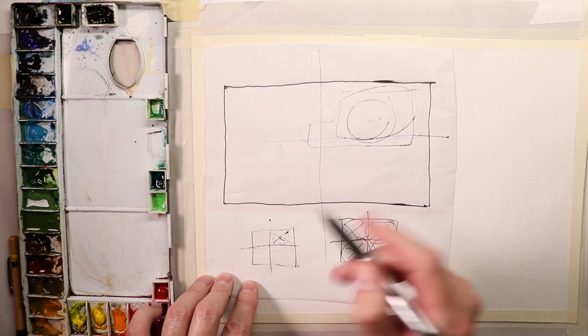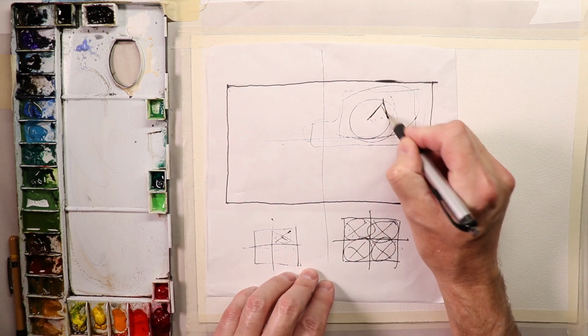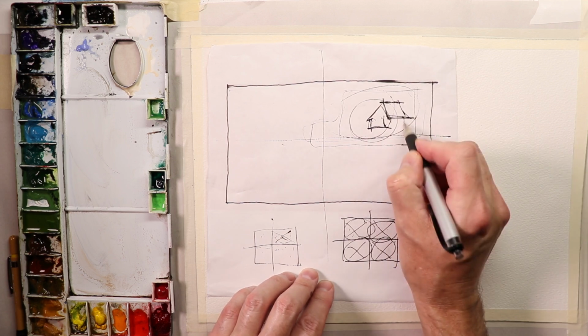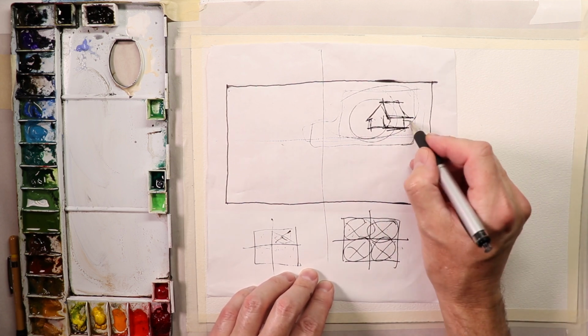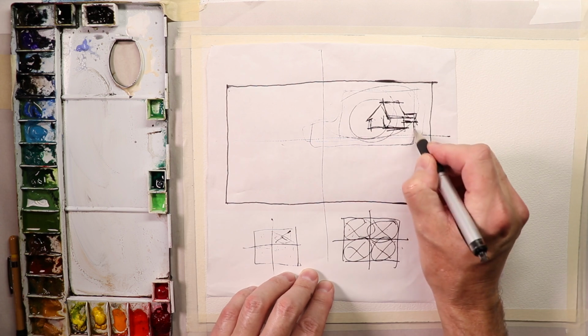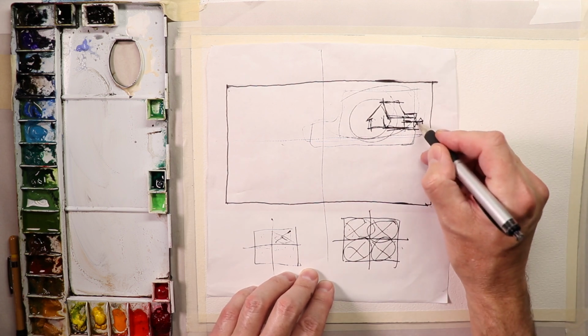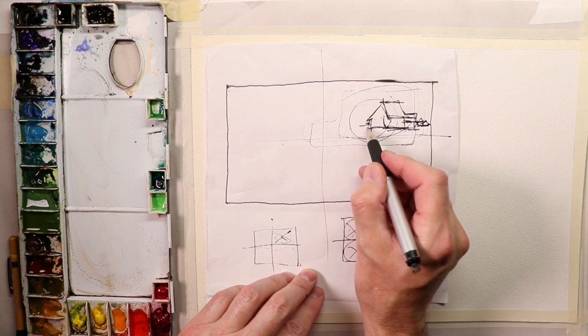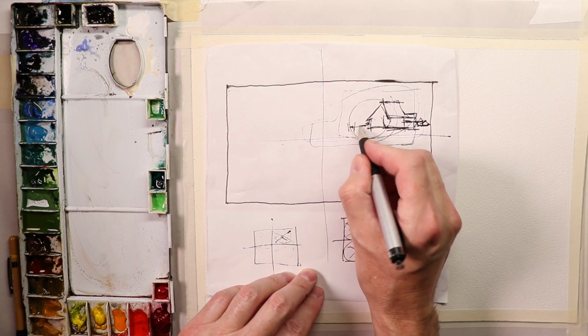We're going to make it right there, and then we're just going to put like a shack over here, a nice sea shack, you know. So we're going to have a little bit of that. I'll do it a little different than this, but I'm just giving you a beginning idea. So there we'll have our shack,